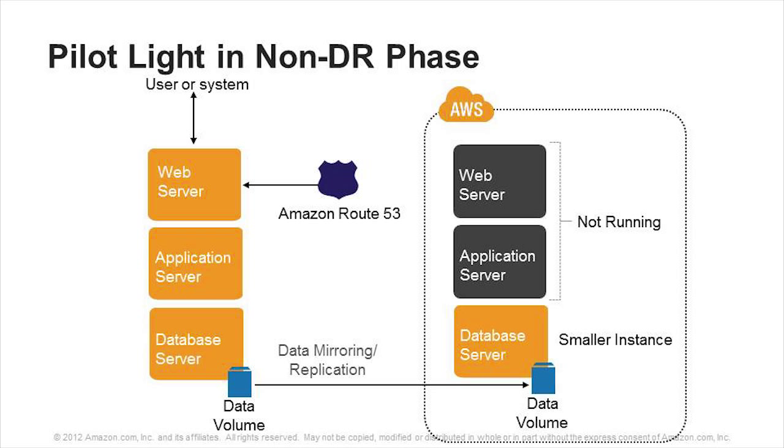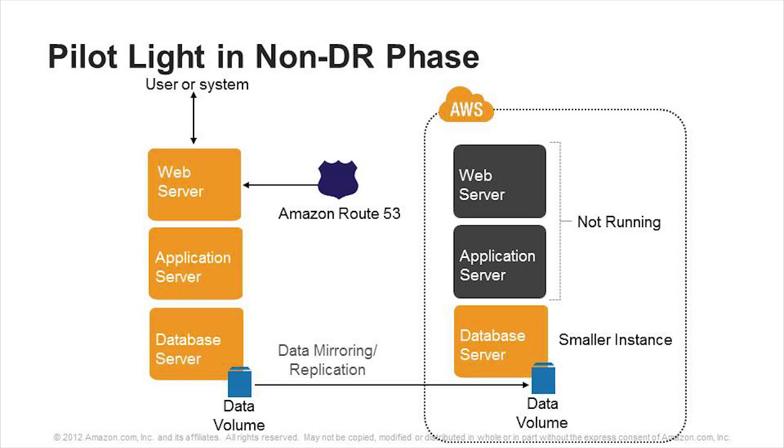Second thing is that we're using a DNS server. In this particular diagram, we're using Route 53 to map the particular name of the website to the IP address. In normal operating conditions, we're pointing that at the on-premise web server. So far, so good. In the cloud, all we're running is a data volume and a